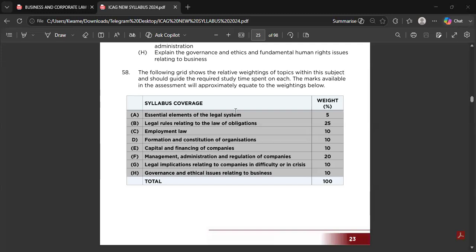So for the first topic, when you talk of essential elements of the legal system, that's where you introduce the legal system of Ghana. You start with what the constitution is and what the sources of law are. We see that the sources of law are the 1992 Constitution, Acts of Parliament, customary law, that's our traditional or local laws, the common law, and any law that was in existence before the 1992 Constitution, to the extent that it doesn't contradict the 1992 Constitution.